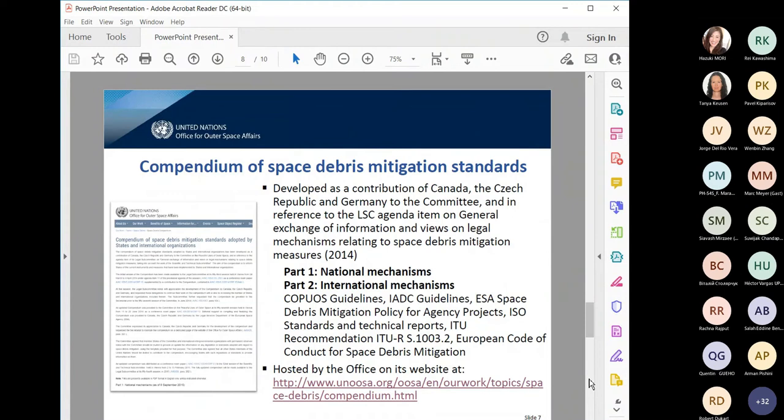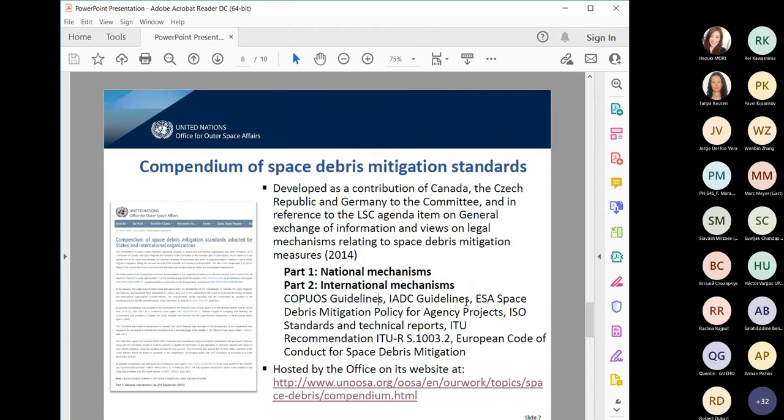I basically encourage you to visit this webpage. It contains an overview of all national mechanisms. If there is any legislation at the national level by countries to address space debris, that is included in part 1. There are also compilation of international mechanisms, and as I said, it contains the COPUOS guidelines, it contains the